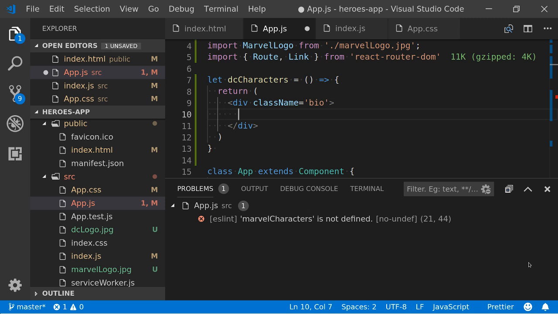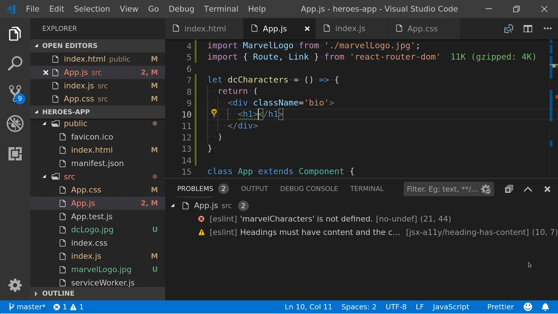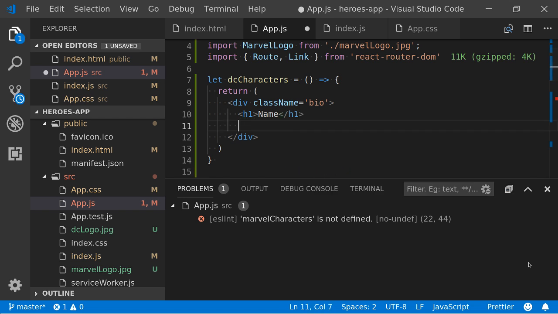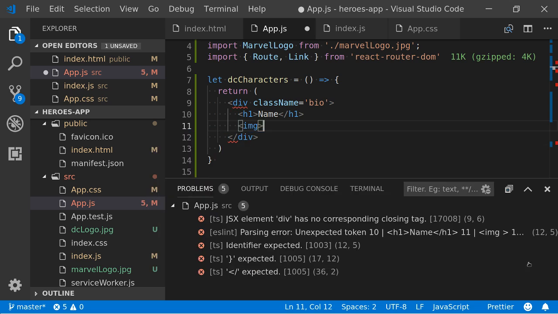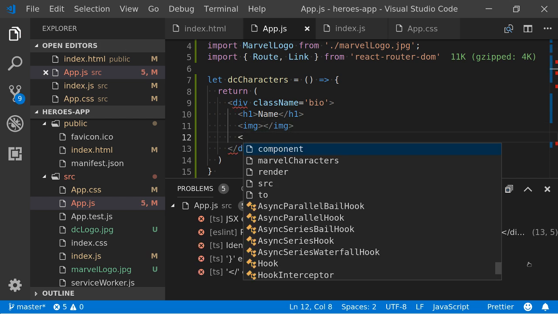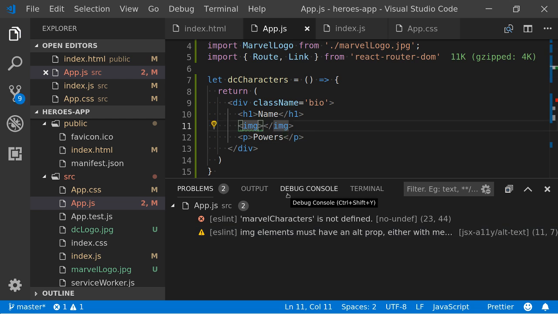What should we have in our bio? Could have a header. Yeah, and that's maybe going to have their name. Then we could have an image of them. And then maybe a paragraph or something telling you a bit about them. So you could just say powers or something like that. So that could be our general structure, but obviously we need to populate that.